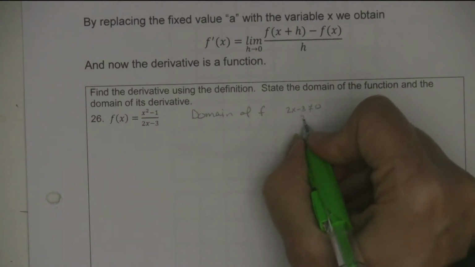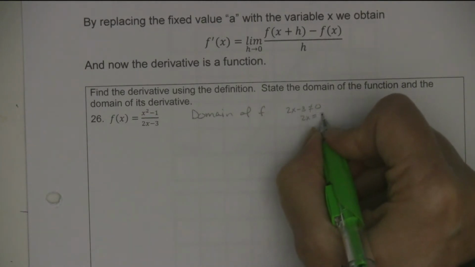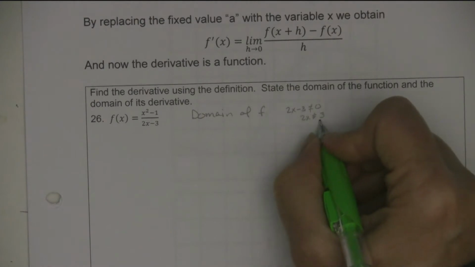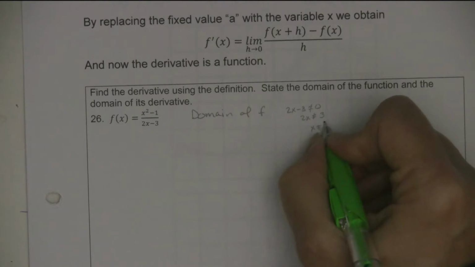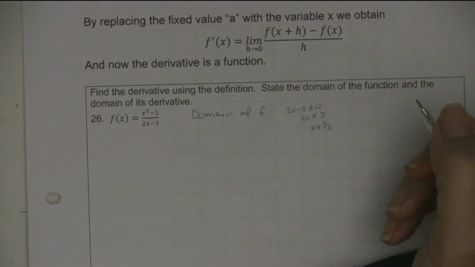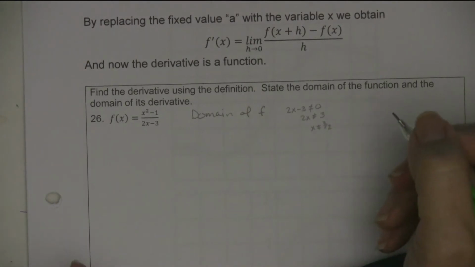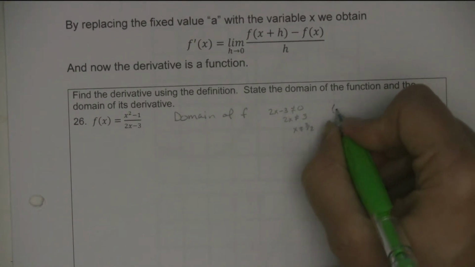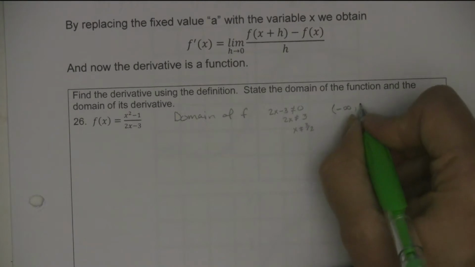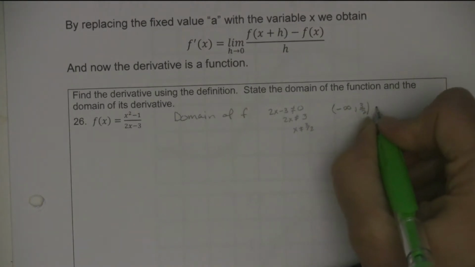And so when we solve this, 2x shouldn't be 3, so x shouldn't be 3 over 2. And you can write this in interval notation. I'm leaving out 3 over 2, right? So the domain of f in interval notation is negative infinity to 3 over 2,